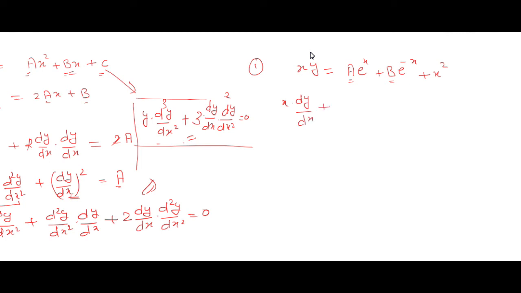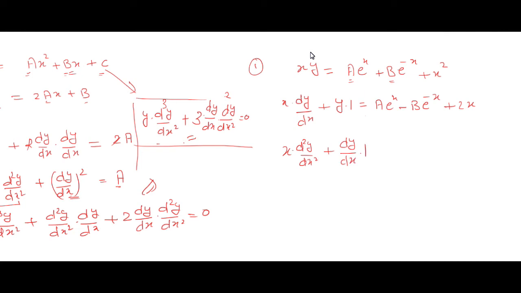We will get first function into differentiation of second plus second function into differentiation of first equals a exponential x, and if you differentiate this, you will get b exponential minus x and plus 2x. So again we have coefficients a and b, and we cannot remove them until the second step, so we will again differentiate this whole equation. So we will get x into d2y by dx square, again differentiating this equation, plus second function